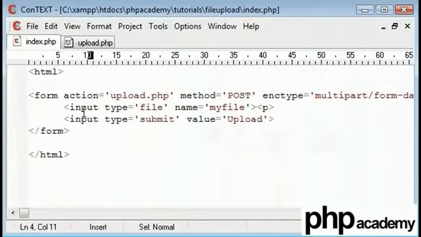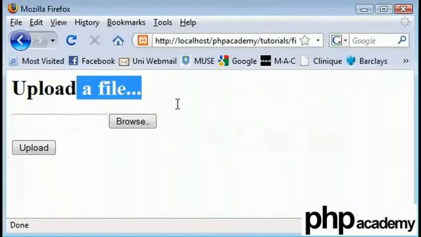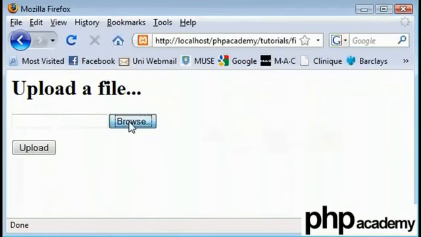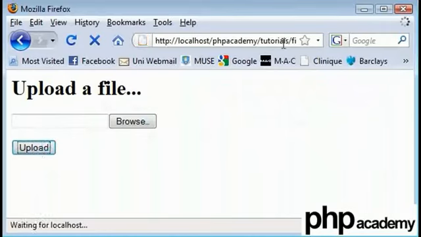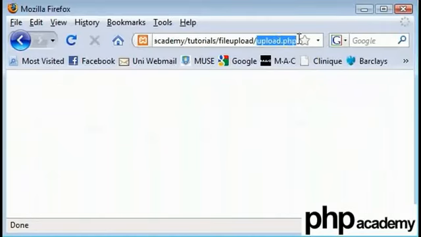Okay, so what I'm just going to do is make this a bit more user friendly for you and me. Upload a file, and let's refresh that. Okay, so we've got a nice little page here. We've got our header, a possibility to upload a file here. It can be manually typed in here if needed, and also we have an upload button which submits to, if we look up here, our upload.php